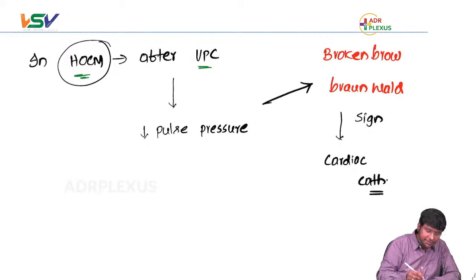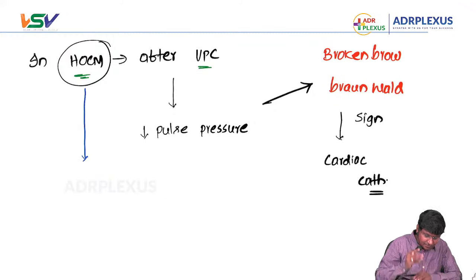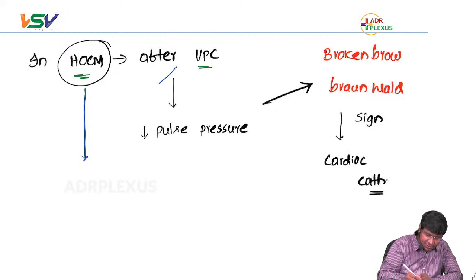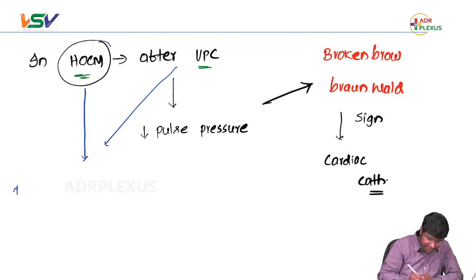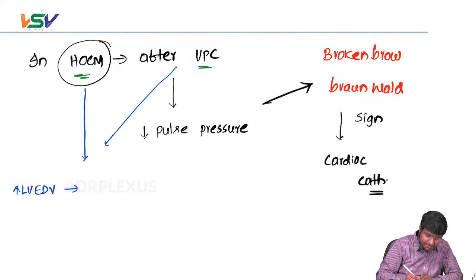Now the question is, sir, after VPC you said there should be increased stroke volume, increased systolic blood pressure, and wide pulse pressure. Why in HOCM after VPC is the pulse pressure decreased? Because in HOCM after VPC actually there will be increased LV end diastolic volume. I am not denying that LV end diastolic volume is increased even in patients with HOCM, but because of